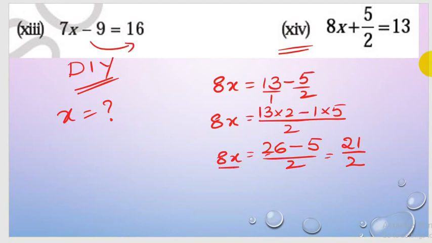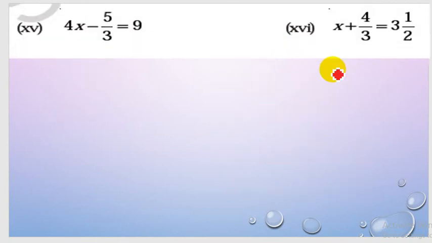Now 8 into x. So when I transpose this 8, how will it be transposed to the other side? It will be transposed as 1 by 8. Right, now directly multiplying the numerators and the denominators, 2 8s are 16. So the answer is x is equal to 21 by 16. Whenever you are having a fractional form, you need to proceed in this particular process. Otherwise there is one more process, which will be somewhat lengthy, by taking LCM and simplifying. So this method is a little better, right?